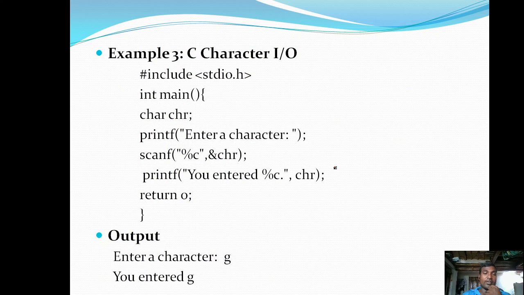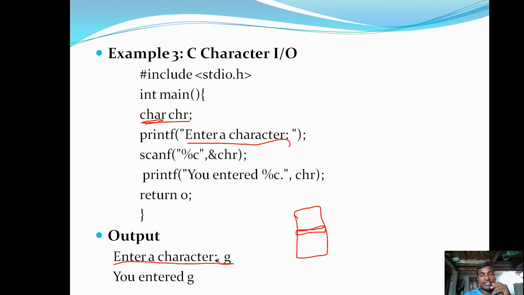Okay, now if you want to read a character from the user, so char chr, right, inside the main, first this statement will execute. In the memory, a new location is created with the name chr, and the number of bytes required for the character data type is 1 byte. So it is going to reserve 1 byte of computer memory. And printf prints the message to enter a character on the screen. This message will be displayed as usual until the colon. Then the cursor is blinking here, asking the user to enter a character.